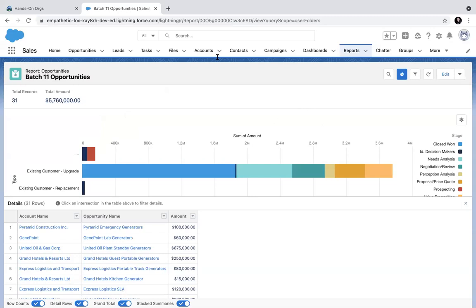The recipient may not have any other access. He can be a normal Salesforce user who doesn't have access to other things, but he will get the mail. If I run a subscribe for those people, they will get it as a mail, but what they see is like a picture, a screenshot of this report. It can run every day, so you don't have to log into Salesforce to see this report. Any questions so far?